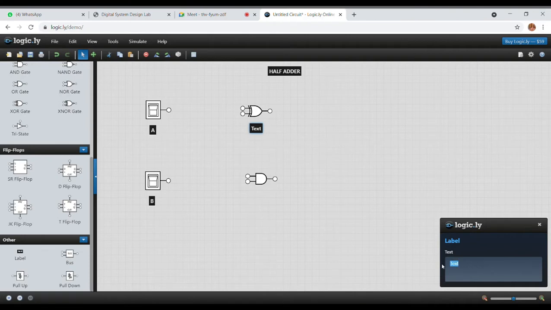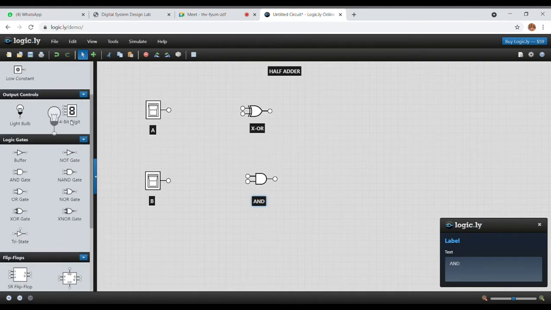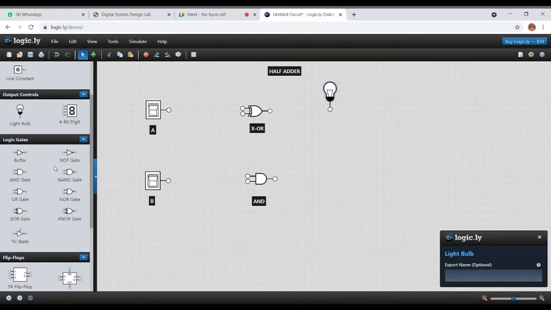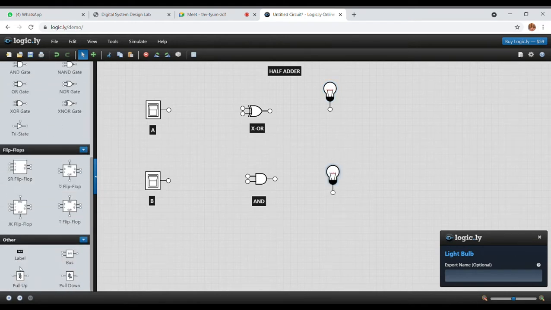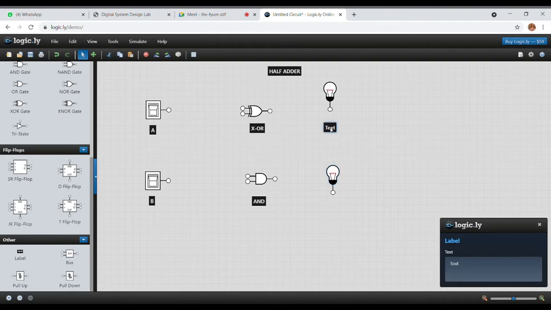Now we'll label the toggle switches as A and B. Now we label the XOR gate. Then we'll label the AND gate. Now we'll label the bulbs as sum and carry.